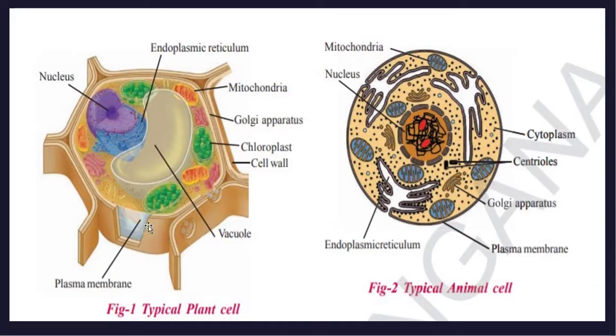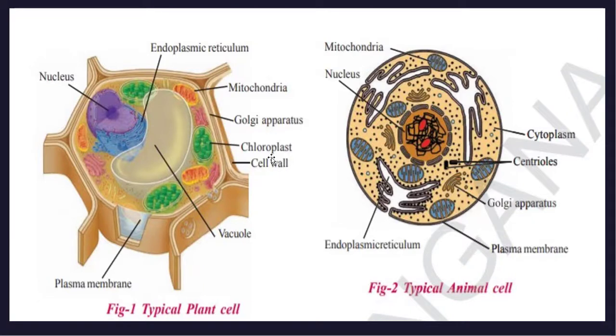The plasma membrane is this, which is exactly after the cell wall. Here, yes, you are observing the plasma membrane. Both the cells have a plasma membrane. A large sized vacuole is present. These small dots, small circles, are called vacuoles here, though not given the name, but these cells also have the vacuole.